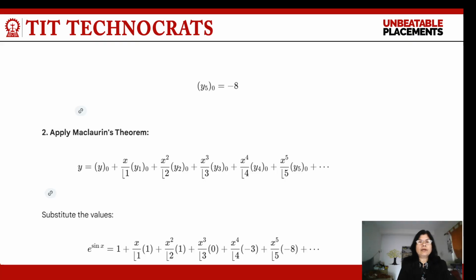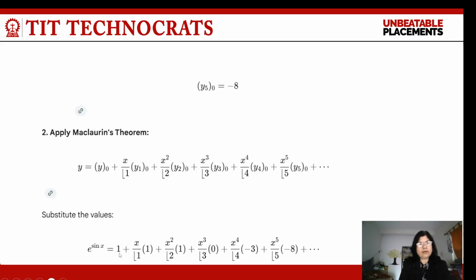So y5 at 0 is equal to minus 8. Now applying Maclaurin's theorem, that is y is equal to y0 plus x by factorial 1 y1 at 0 plus x square by factorial 2 y2 at 0 plus x cube by factorial 3 y3 at 0 and so on. Substituting the above values in Maclaurin's theorem, we get y, that is e to the power sin x, is equal